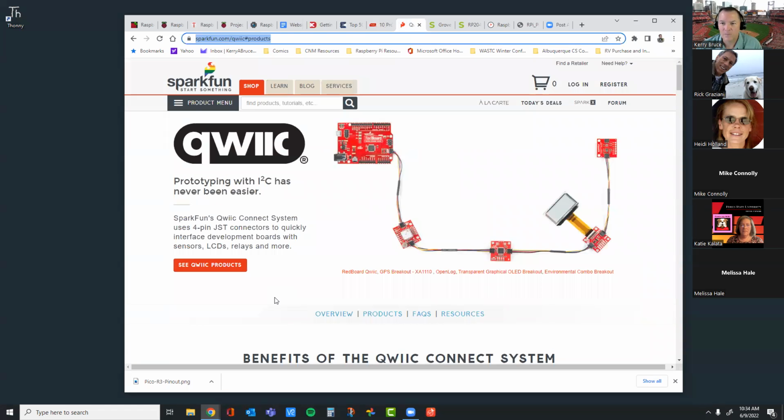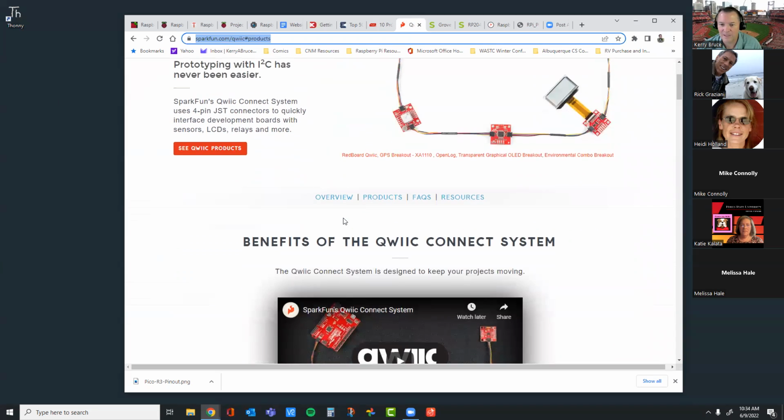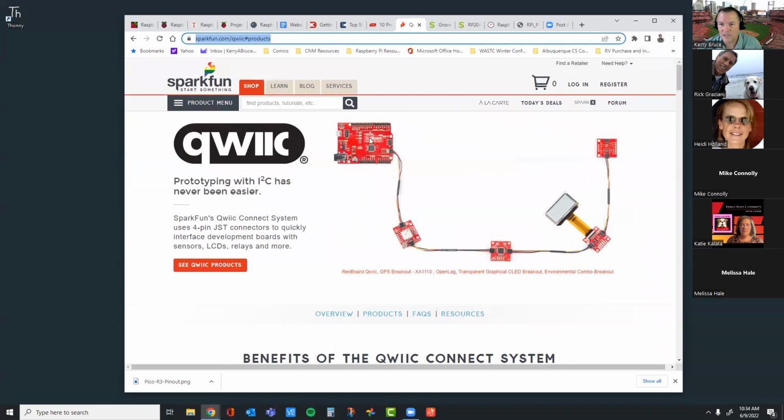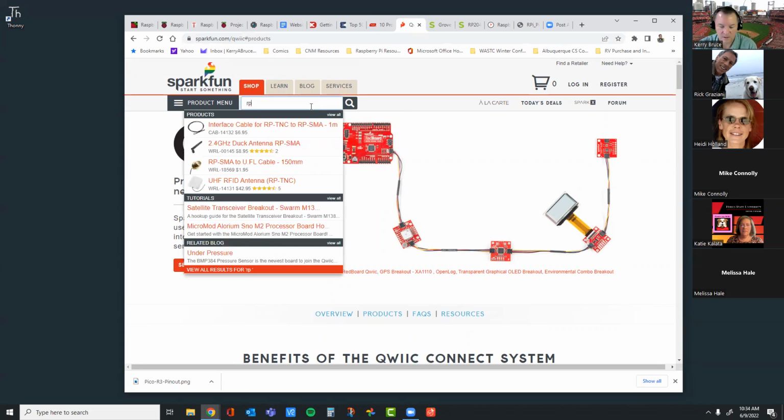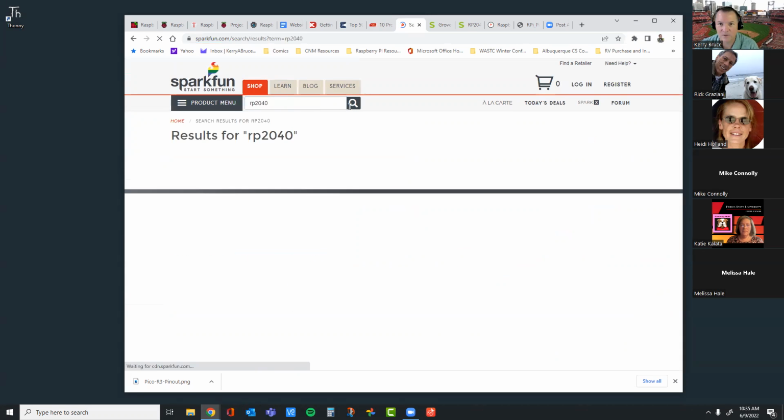So the other day, and I think Katie, you used the Qwiic stuff from SparkFun. This is I2C, you can daisy chain things, and they're showing the Arduino here, but there is a board that they make. It's the P-H-A-T. You're looking for the Pi. Yeah, well, there's a pHAT, and there's also